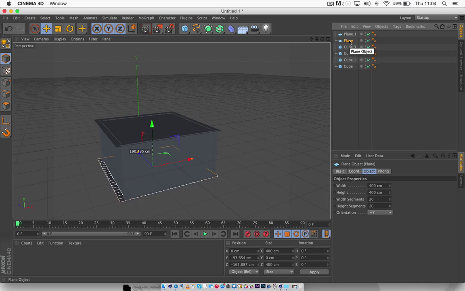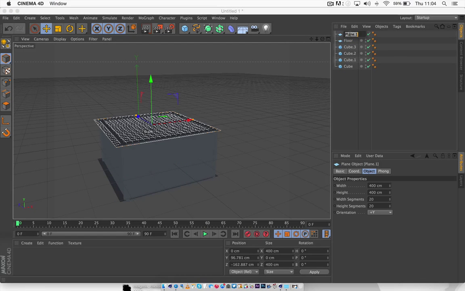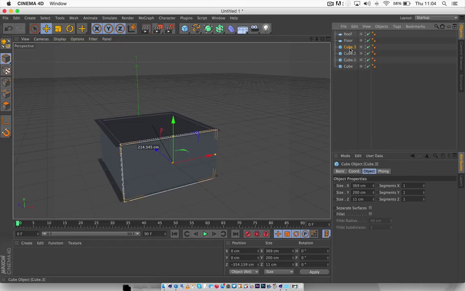So a good thing to do now is quickly rename these. So double click them: floor, there you go. Roof or ceiling, if you can spell ceiling. And these are all just our walls. Now I don't need to really worry about that, but I'm going to call that